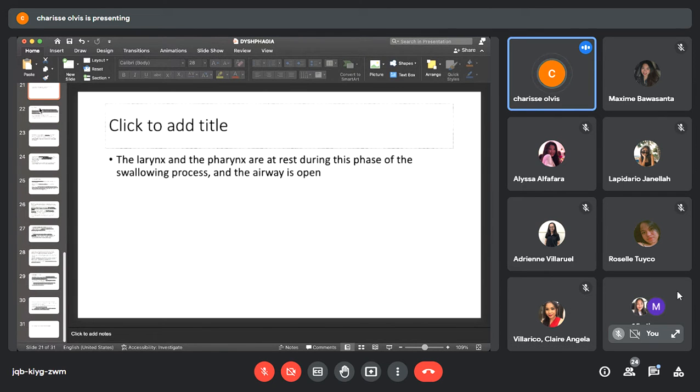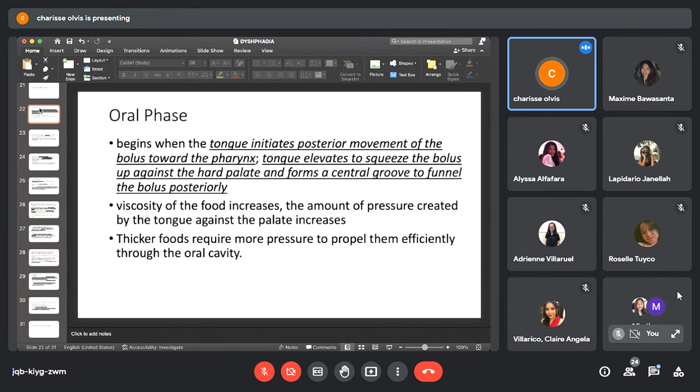Okay, let's proceed with the next phase. The third, we have the oral phase. The oral phase begins when the tongue initiates posterior movement of the bolus towards the pharynx. So what happens to the tongue? It elevates to squeeze the bolus up against the hard palate and forms a central groove to funnel the bolus